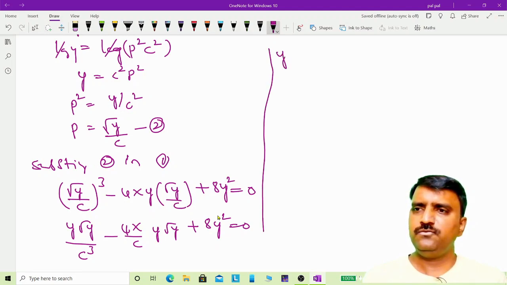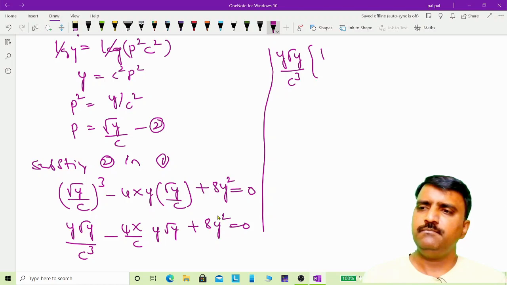So take y root y by c cube as a common factor. Then remaining here is 1 minus 4x c square, and y root y is a common factor, and remaining here is plus 8